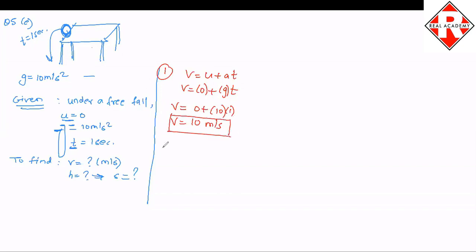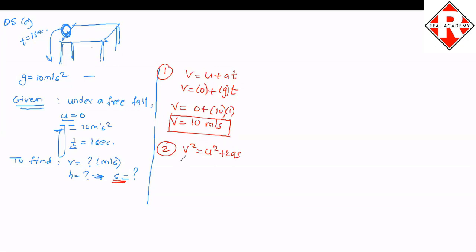Okay. Now the second thing that we have to solve is for S. For solving S, you can use either of the remaining two kinematical equations. So the one I'll be using is V square is equal to U square plus 2AS. You can use the other one also, that is S is equal to UT plus half AT square. You can use that also.